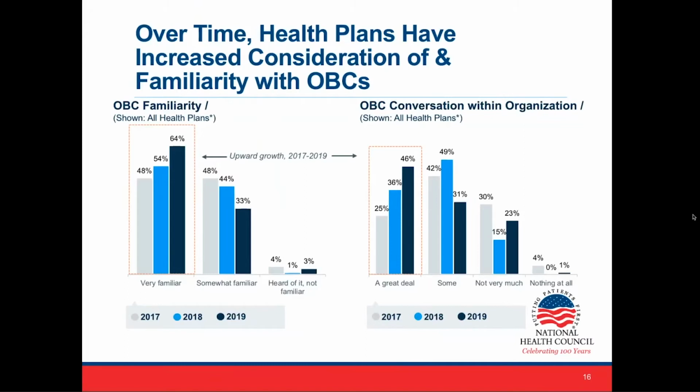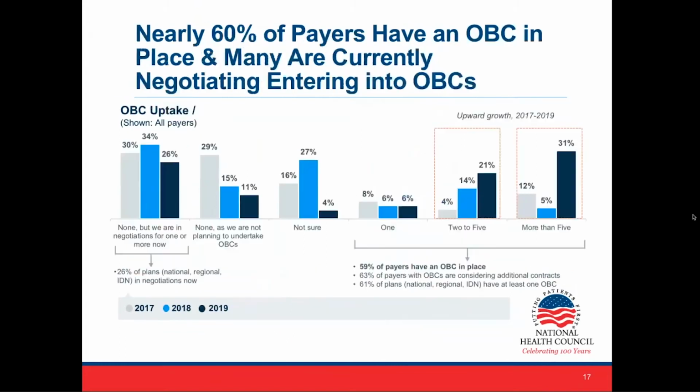If we go to the next slide, continuing with the theme of familiarity, we also asked plans not just around discussions, but also how many have outcomes-based contracts underway right now. And what we found, as you can see on the right-hand side here, is a very steady and in some cases significant increase in the number of plans who have not just one or even 2 to 5, but more than 5 outcomes-based contracts in place with manufacturers, and a large proportion, 26%, additional 26% who don't have any now, but are currently in discussions,